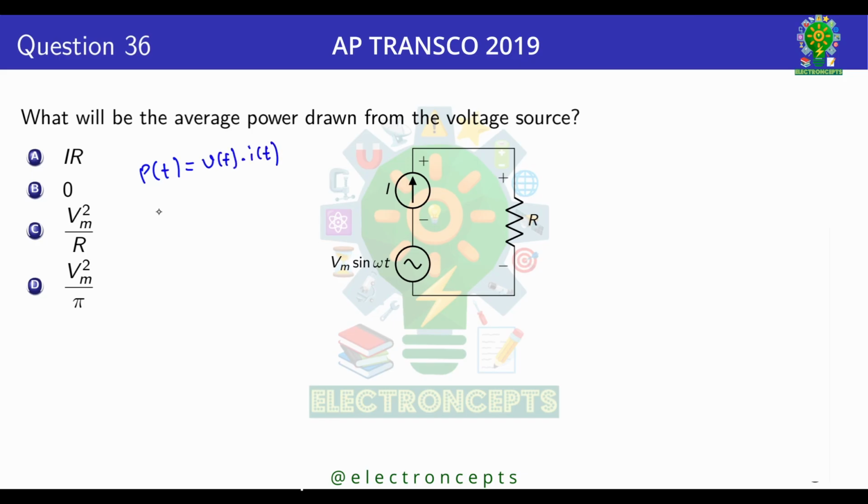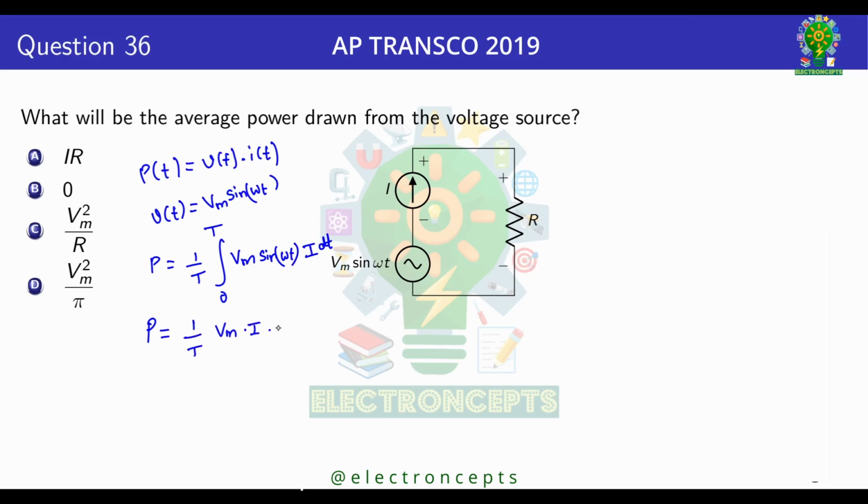Average power drawn from voltage source V of t is Vm sin omega t. Substituting in the power formula, P is equal to 1 by T integral 0 to T Vm sin omega t into I. Since Vm and I here are constant, we can take them out of the integral. Therefore, average power P is equal to 1 by T Vm into I into integral 0 to T sin omega